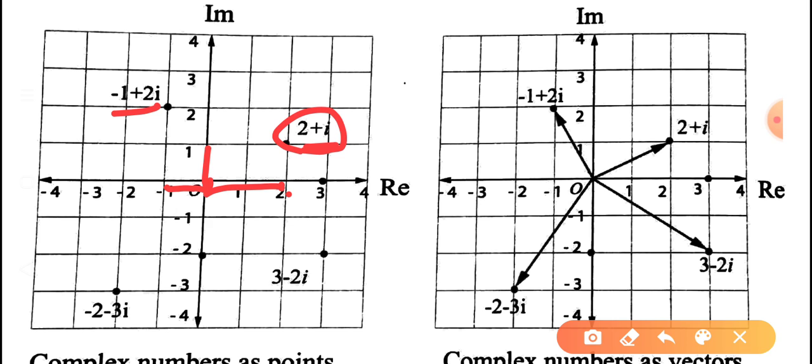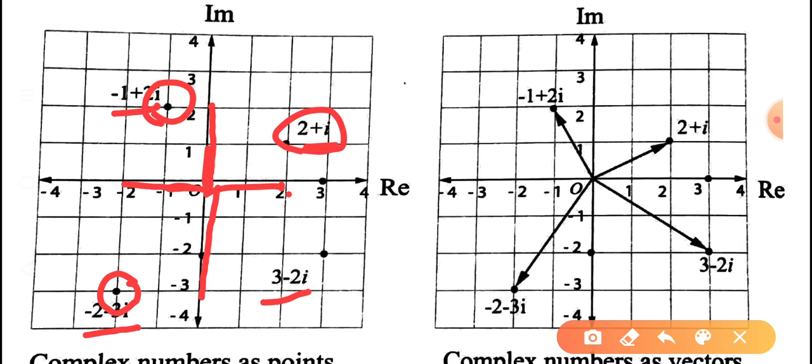So we take the imaginary axis. So minus 1 comma 2, that is the point here. Next we take minus 2 comma minus 3i. Minus 2 from the real axis. So minus 2. Next minus 3i, that is the imaginary axis, we take minus 3 units. So here this is our required point, minus 2 comma minus 3i.